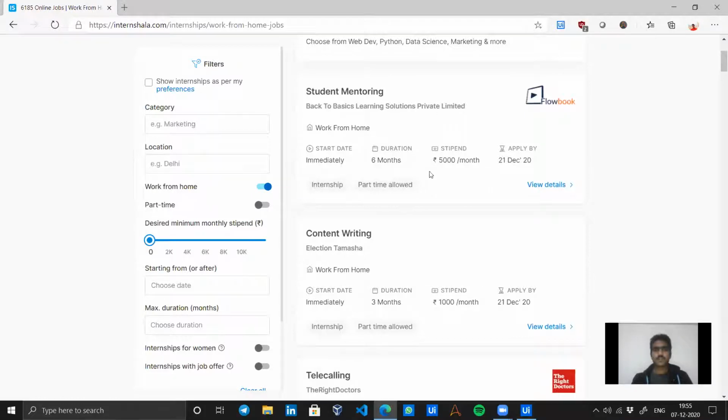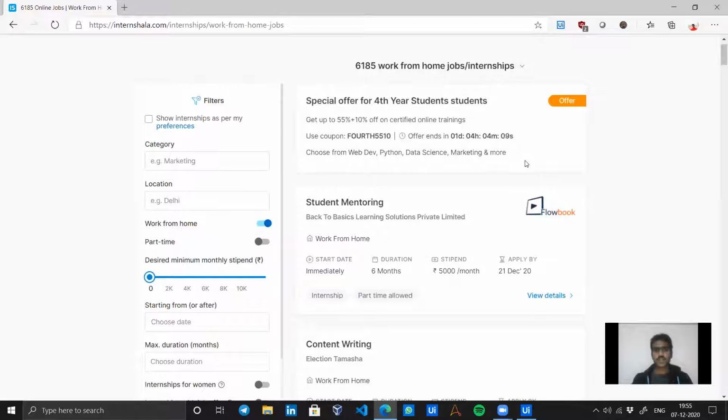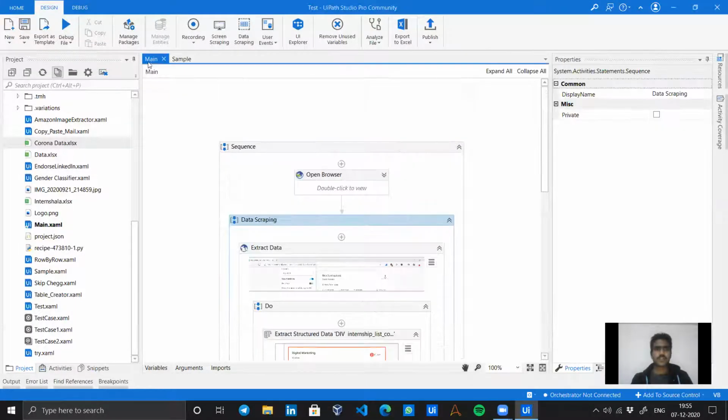Okay, so this is repetitive data, we have a job description over here. Here also a job description is given, then it's given what kind of work it is, the start date, all in a repetitive, pattern based manner. Now I want to scrape this data. So what we can do, let's see. For this I have already created a bot,